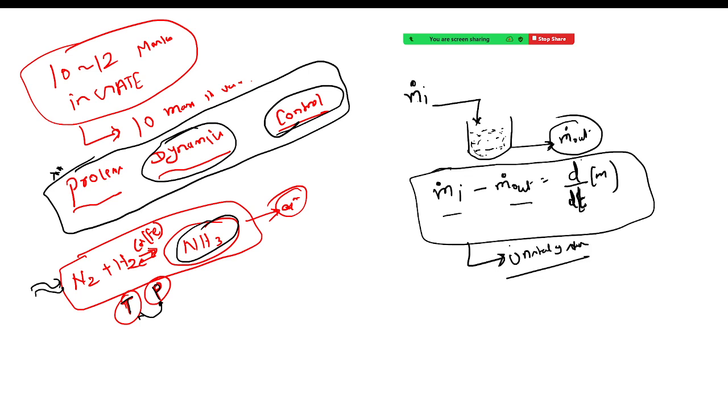right? And till now, whatever we have studied previously, either in CRE or mostly in thermodynamics, we were studying about the thing which is in a steady state kind of thing, right? So again, the thing is that